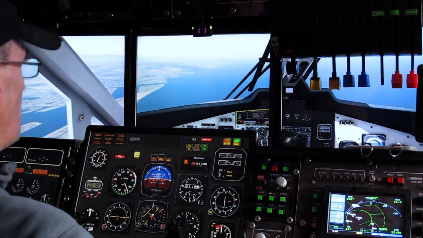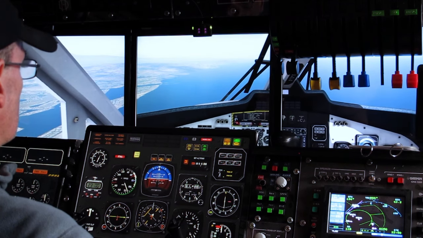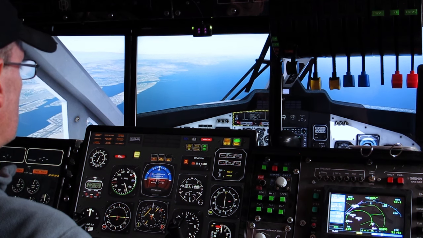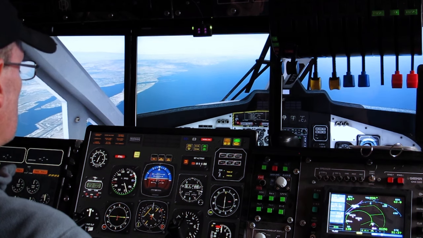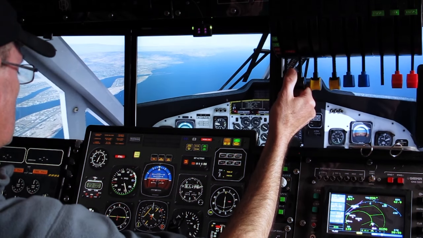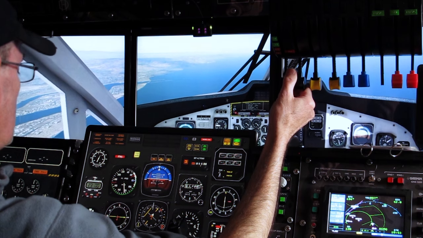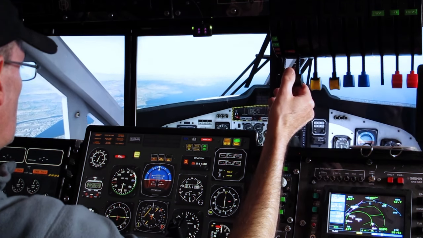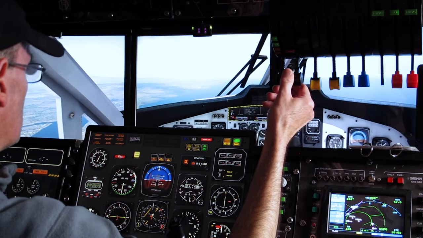So let's imagine I want to arrest that descent with a rapid power change. Let's see how well that works. That was an assertive power up. Well, there's a little bit of a lag, and then of course we get that pitch up,